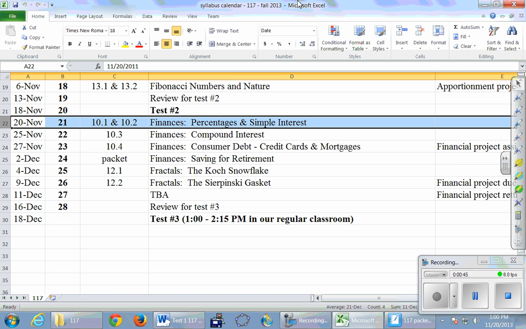I'm also going to say that if we count here, we see that there are 6 topics listed here. Normally our tests are on 8, so this last test is actually on a little bit less material. 6 classes worth of stuff instead of 8. So hopefully that'll make it a little bit more manageable. I know that the end of the semester is a very crazy time for many of our students, so hopefully it won't be too stressful having a little bit less material on this last test.